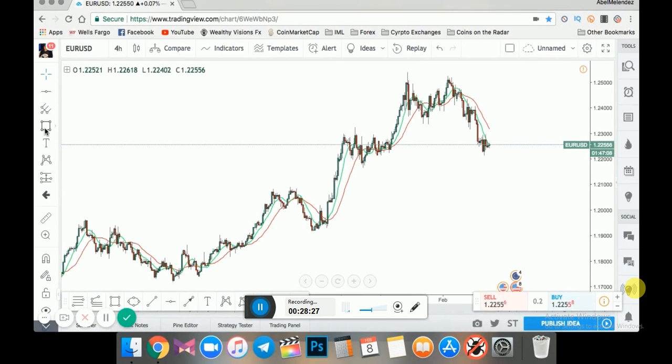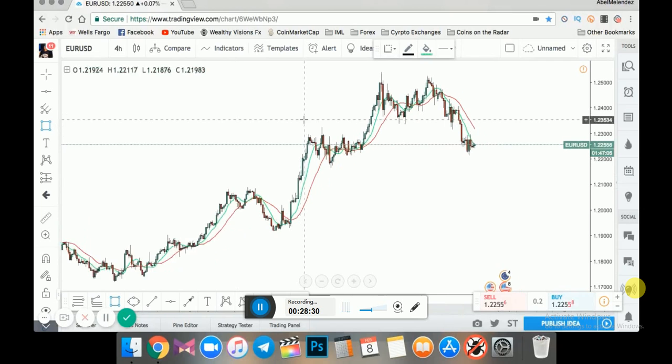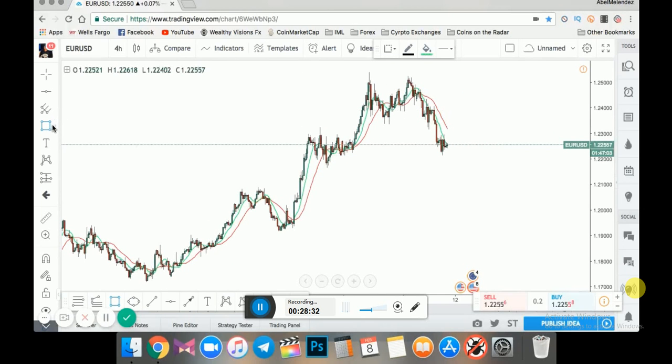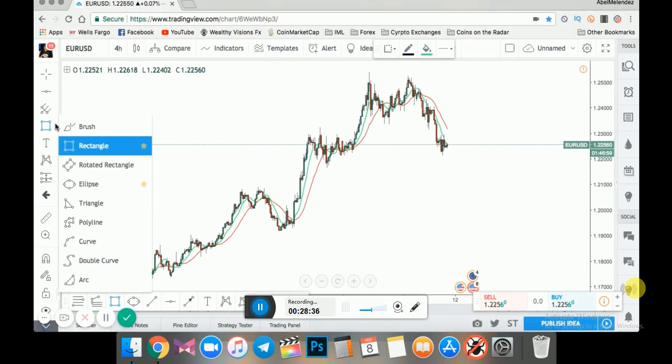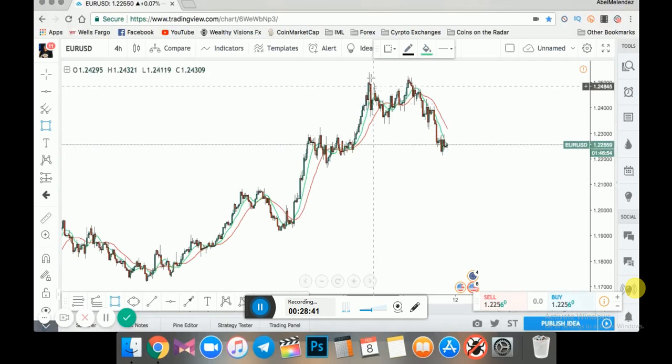But essentially, how to create a supply and demand zone, right, is you take your rectangle tool, right? And if your rectangle tool is not showing on TradingView, you just click on this little arrow and you go down to it, right? And you just go to the high,